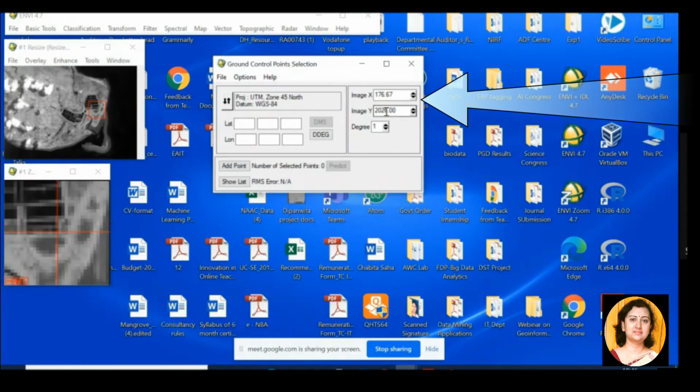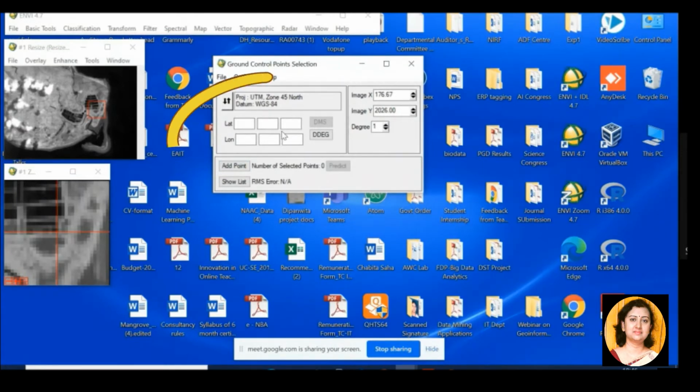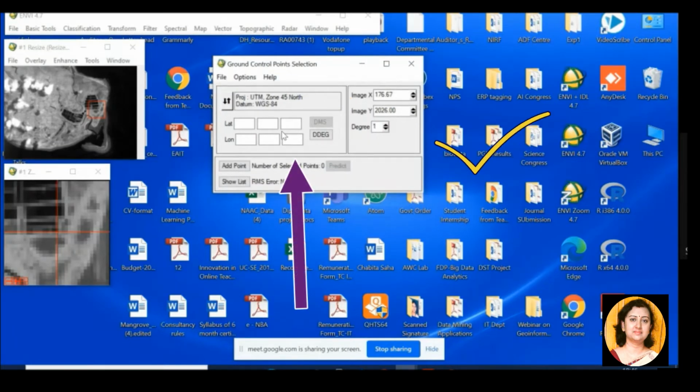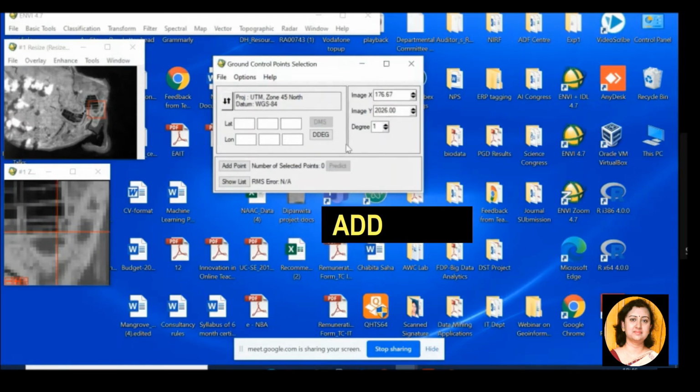So you have to plot a point on the reference map, and a point on the uncorrected image. You will get values in both the boxes, and you select add point. Add point means this is the first ground control point that has been added on the image.